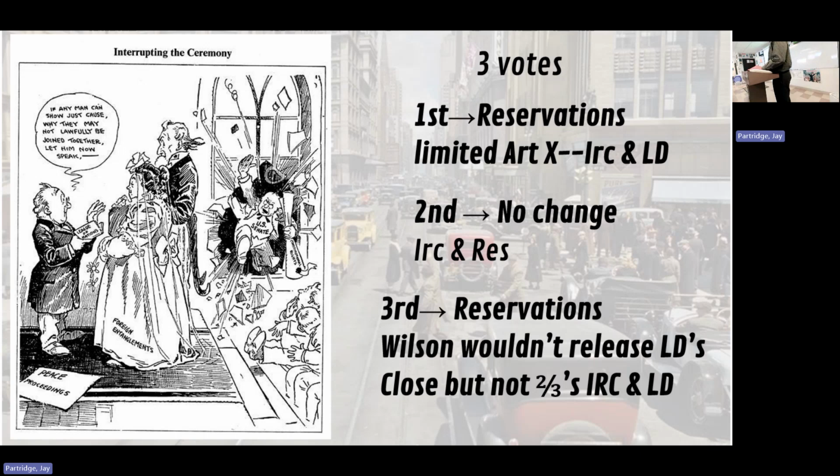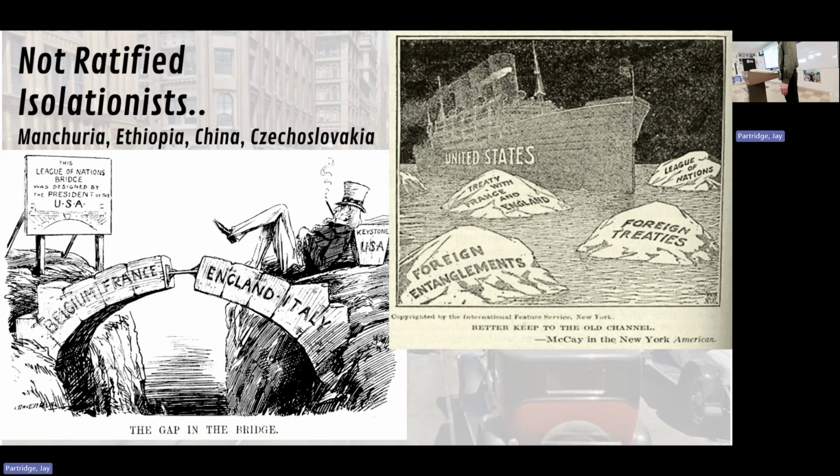But now, the isolationists are in power because it did not get ratified. So the US would not join the League of Nations. Now, the US would still be involved in international affairs. The United States would make deals on naval power, would make treaties, the beginnings of agreements on treaties. But in the 1930s, a series of events happened, like for example, when Japan took Manchuria. China was in the middle of the Civil War, Manchuria was kind of quasi-independent, Japan took it.